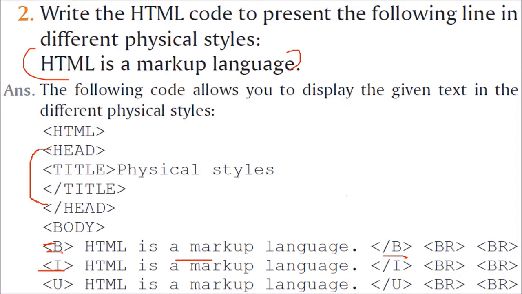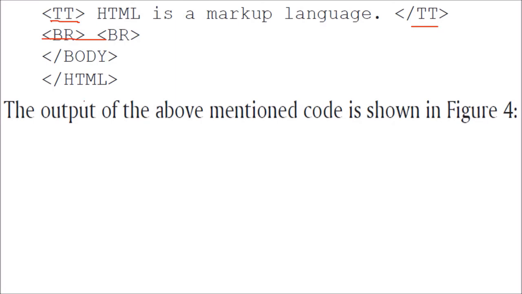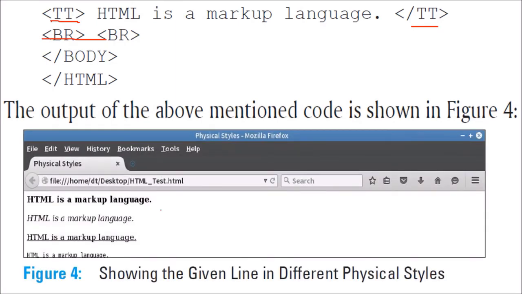Italic for italic, bold is for making it strong, a bolder, italic is for something like this, slant, U is for keeping a line beneath, so it's underlined. Now this BR we are giving just to give the new line character, or say enter what you type in keyboard. Then you can give this TT, means teletype, and then give BR. The output will be, this is the first one, bold, italic, underline and TT.